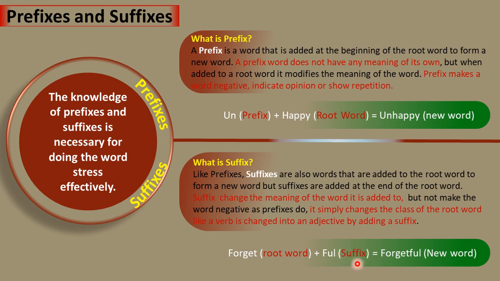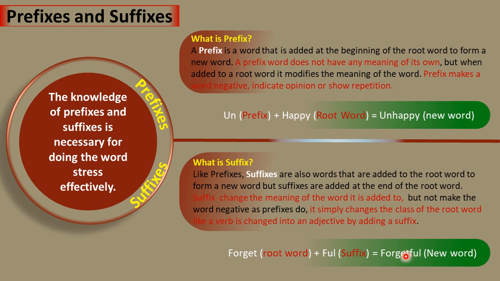By adding a suffix to the root word forget, you can form a new word that is forgetful. And here forgetful is a what? Another word, and this is an adjective. But forget is a verb. By adding a suffix to the root word that is a verb, you can form a new word, and that